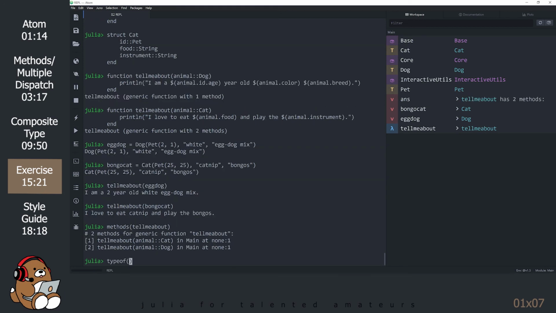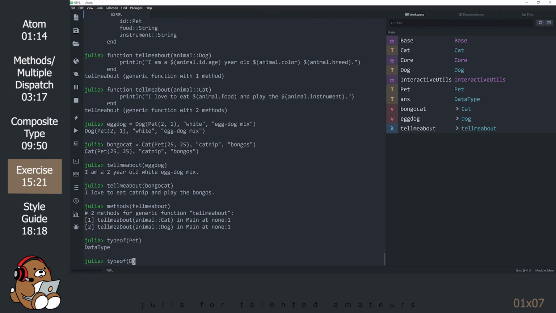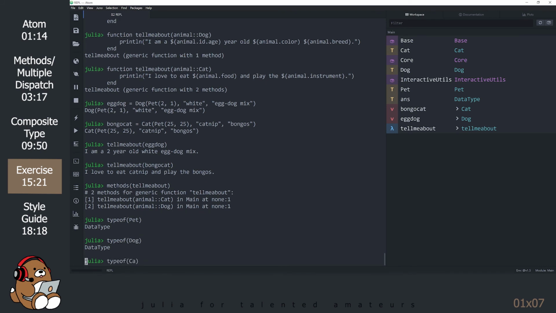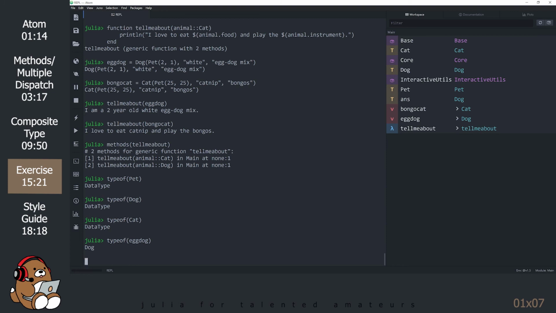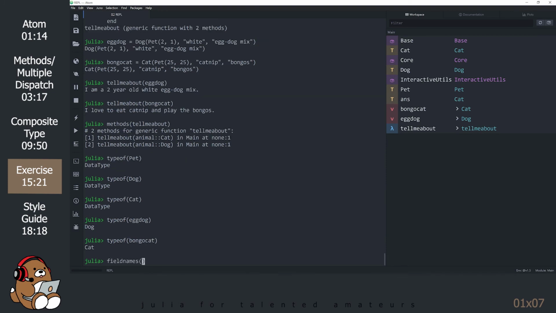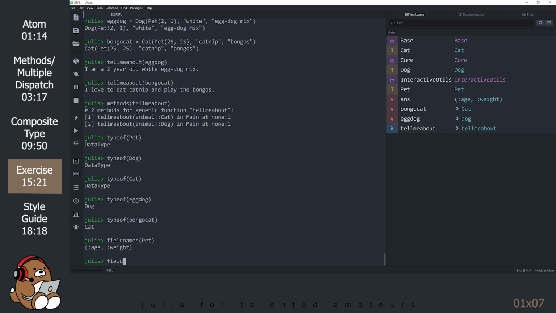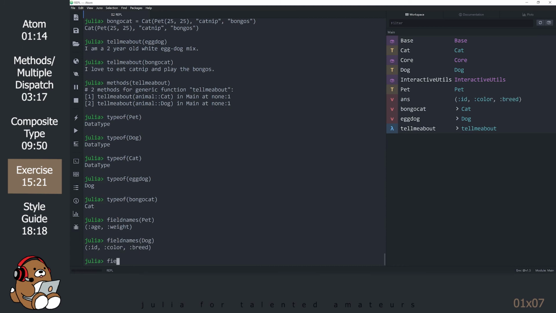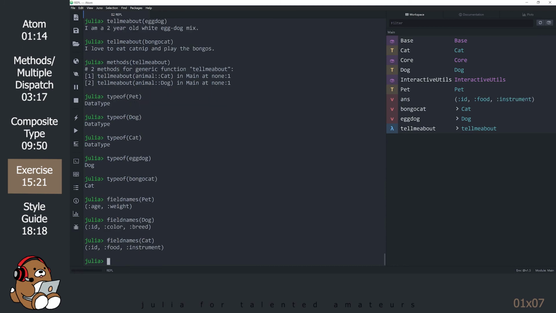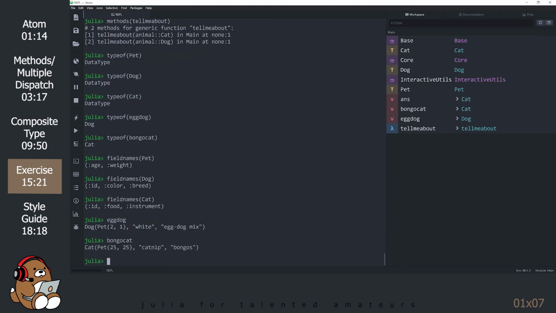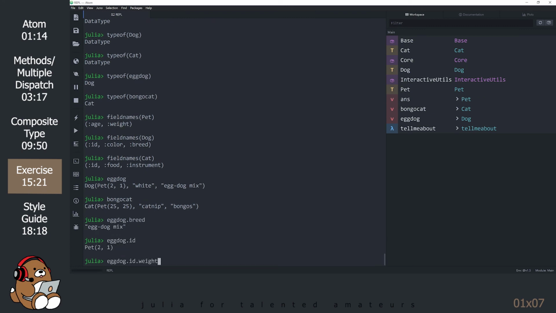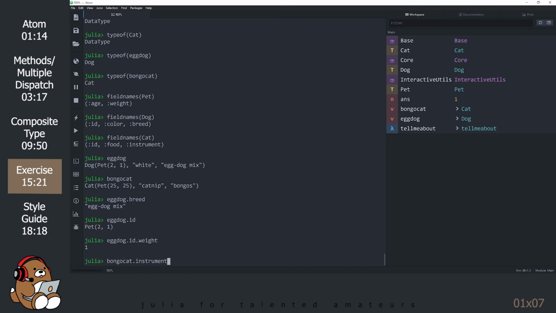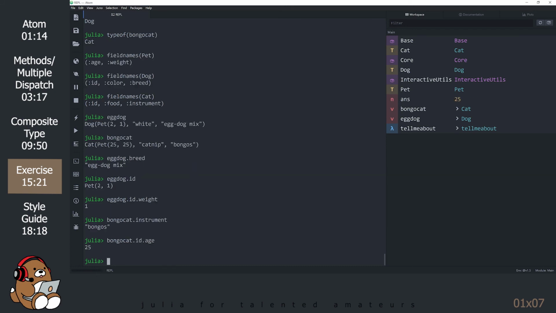Let's run through the data to get comfortable with how Julia is storing and accessing the values from your composite types. Notice that you can combine the dots to refer to a value in a different composite type, like eggdog.id.weight or bongocat.id.age.